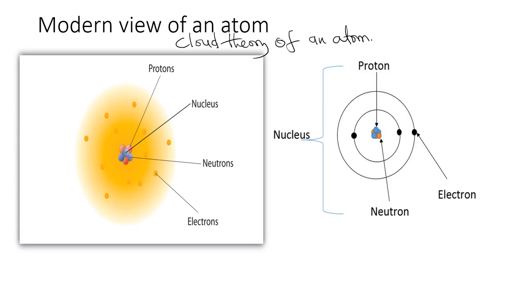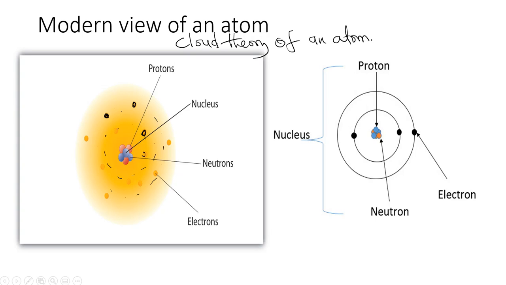So in this case, we say that the electrons are found in specific clouds. So you can see that here, we see that there is a cloud here, and within this cloud, we have electrons. Like we have this electron here within the cloud, this electron here within the cloud, this electron here within the cloud. So this is where you find